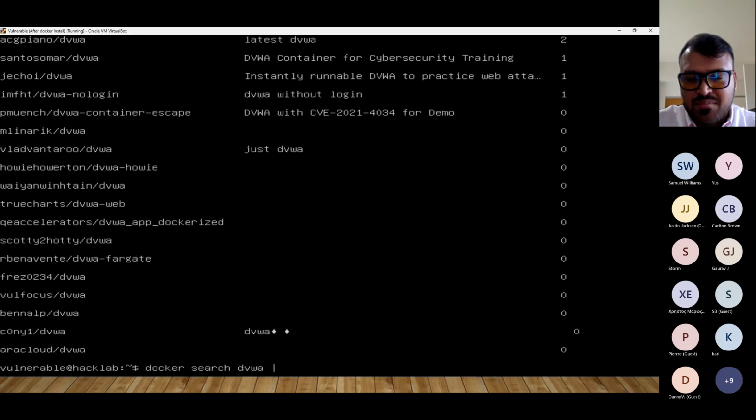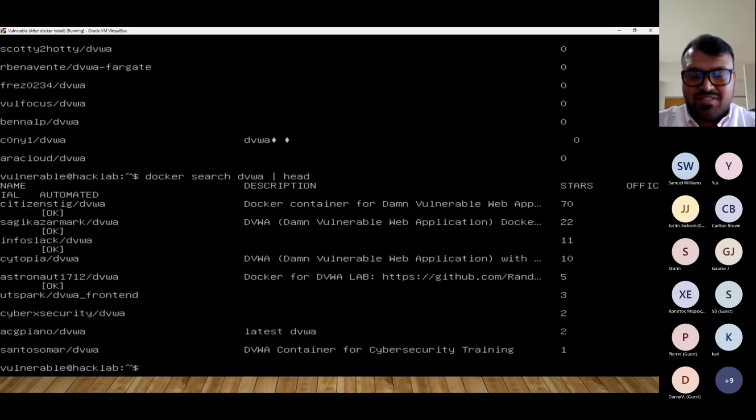You don't have to know this command, but it's useful. I'm just going to do a head command, and that's it. That just gives me the top results for it. And you can see the first one is citizenstig/dvwa. So that's the one that I'm going to stick with because that's the one that has the most stars,